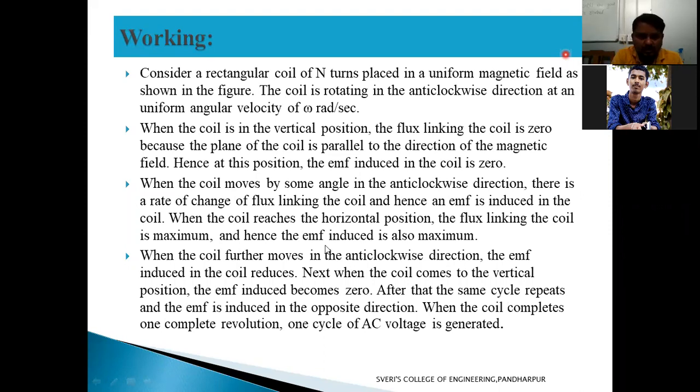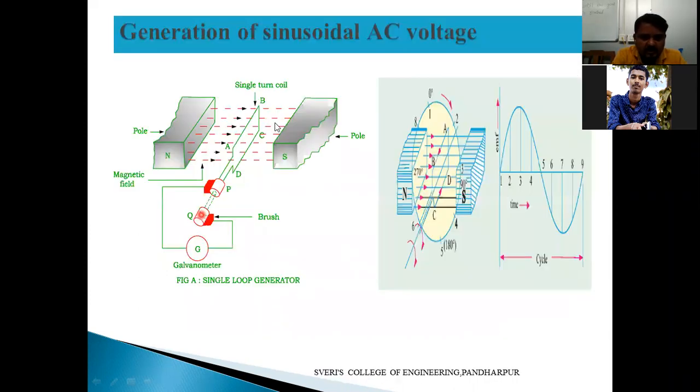So like that only, in the diagram, see here, A, B, C, D terminals are there. At the initial condition, 0 here, the terminals are like this: A, B, C, D. One coil we have used here. This is AB and this is BC. A is connected to one brush, and D is connected to another brush. These brushes will collect whatever EMF is induced here in the galvanometer. It is going to detect how much EMF is induced here.